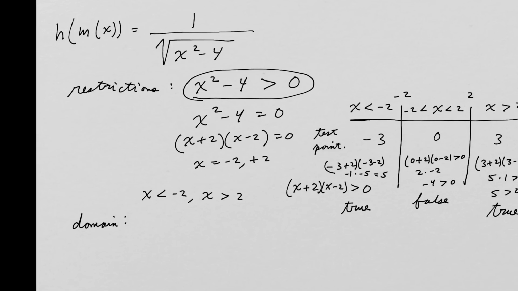So how do we write that in interval notation? It would be from negative infinity to negative 2 union 2 to infinity. And you have to be a little careful. I need to look at one more thing. I need to go to the m function, right? So I'll also say look at m function